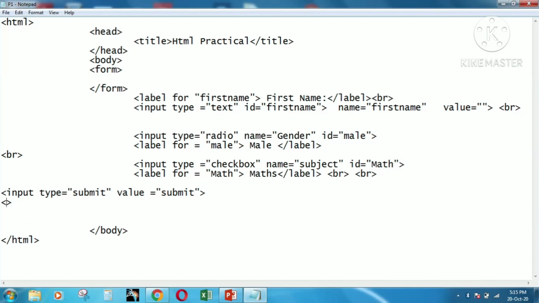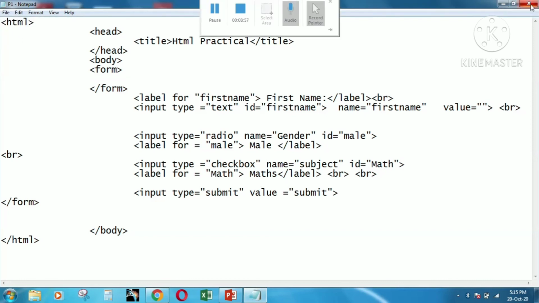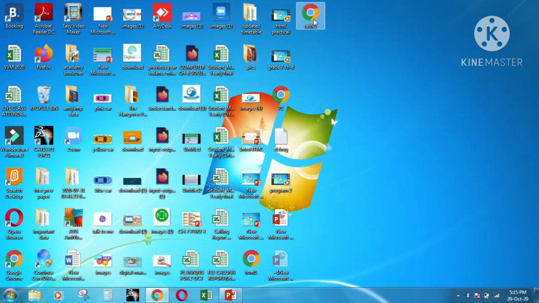Okay, so input type is equals to submit, and for value you need to write here submit. So it automatically submits the form. Save the program. Check the output.